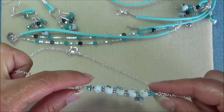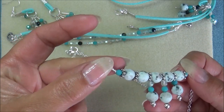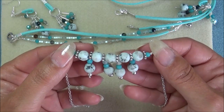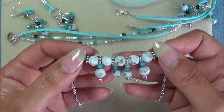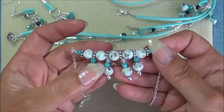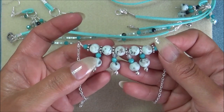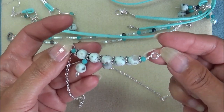So I just took a length, took one end and did a nice wrap, added some beads on, turned the other end, wrapped it, and made some dangles as well. So two of the dangles have got one of the 8mm and then two 4mm, and then the other's got the 8mm and one 4mm. Put a jump ring on,